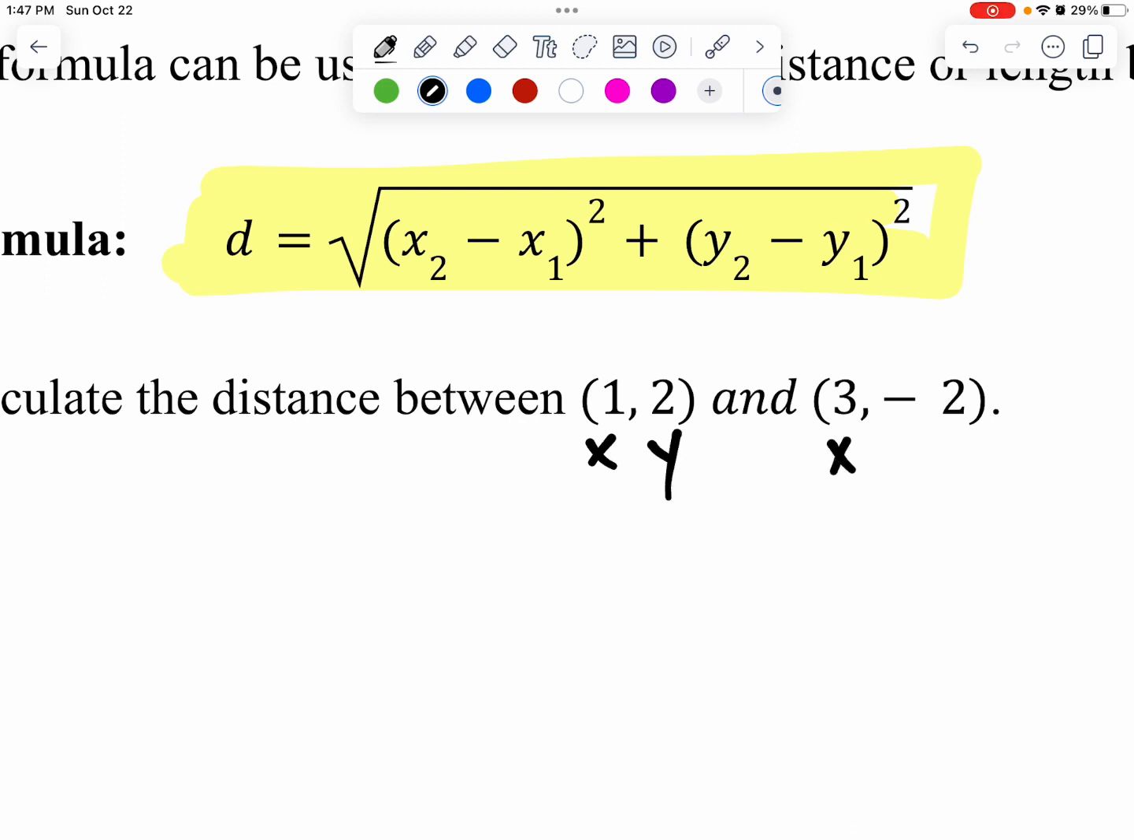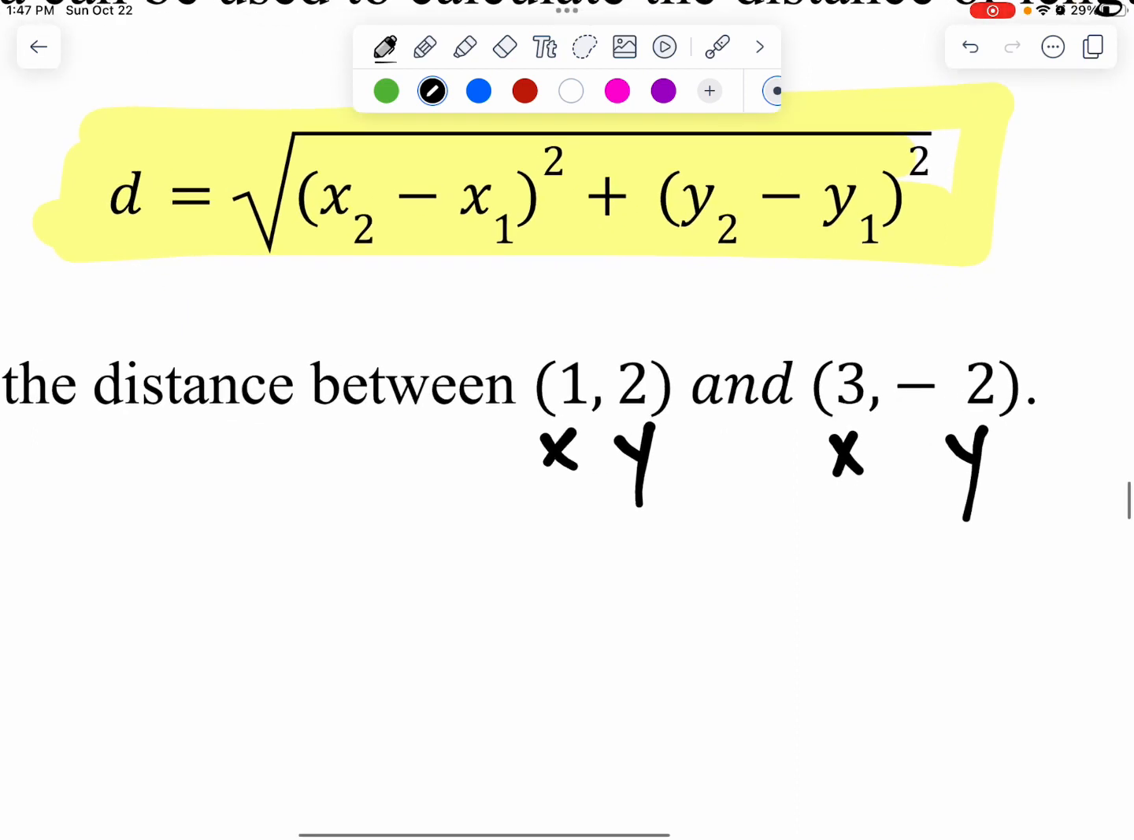And this is the first letter is X and the second letter is Y. That's how I give you ordered pairs. And this is my first X and Y because it's my first ordered pair. And this is my second X and Y because it's my second ordered pair. Okay? Now I'm going to use this formula, which looks really weird, but it's just weird because I have like